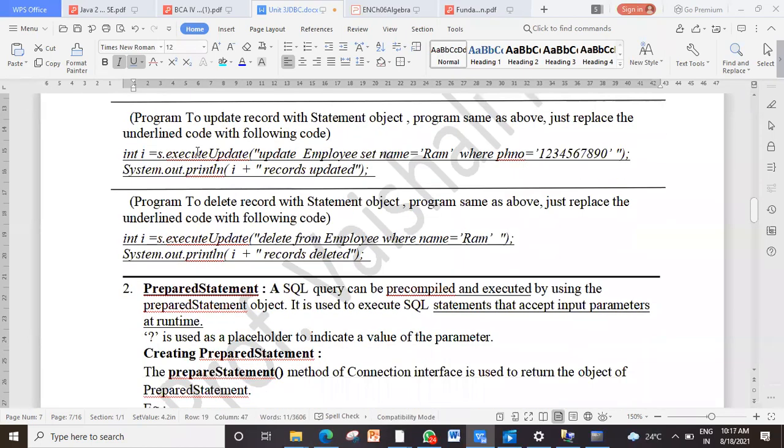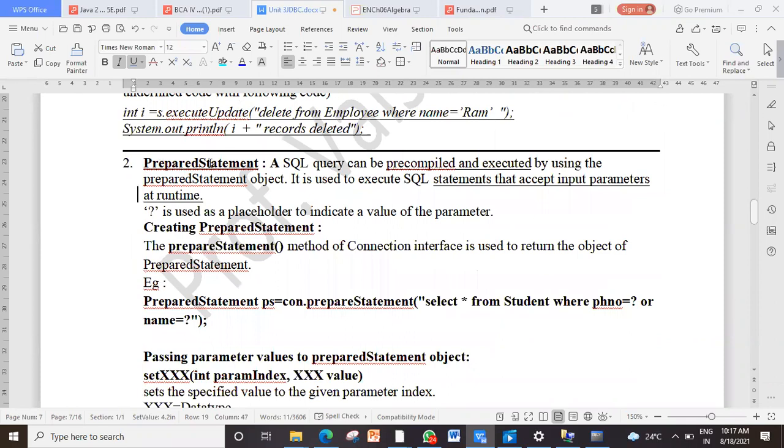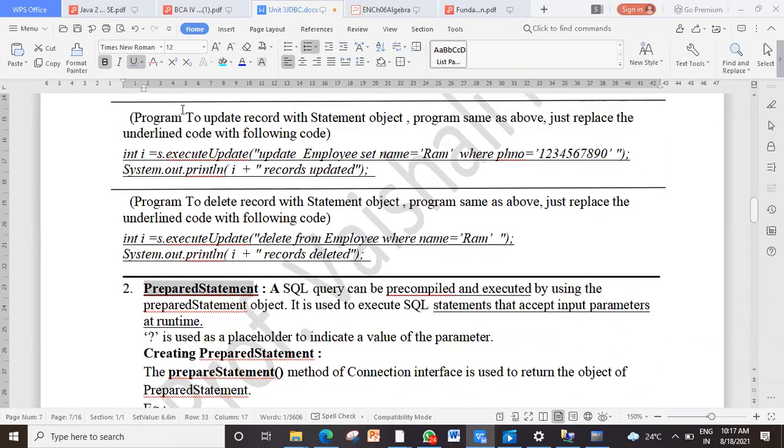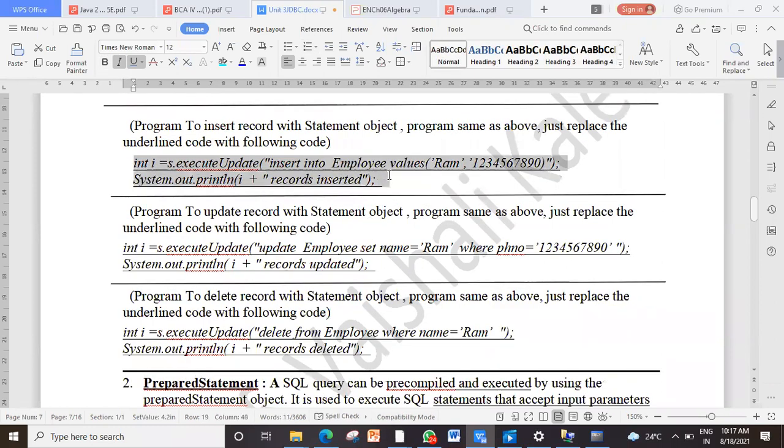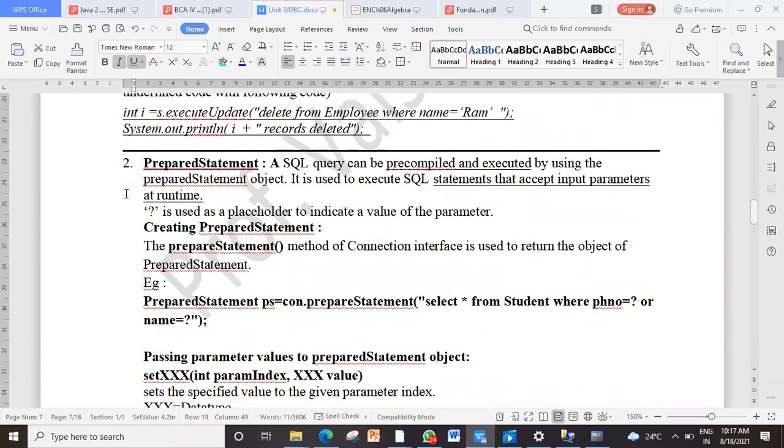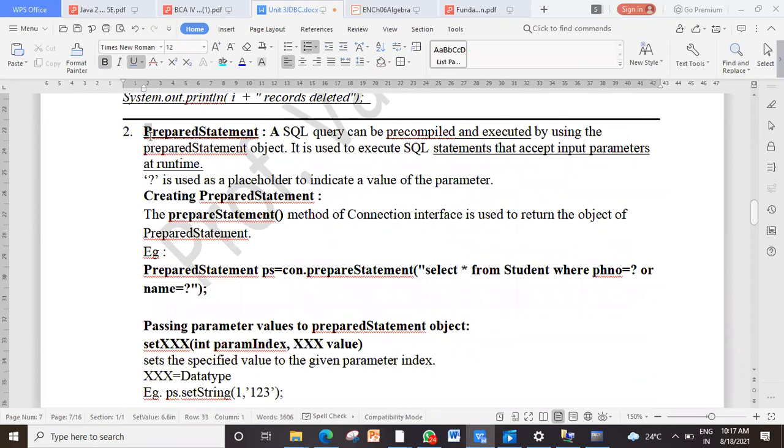My goal in this particular class is not to cover execute update and execute. My goal is to cover prepared statement. So right now I will skip this, because to explain this one line I would have to execute the entire program and show you. Fine. So let's go to prepared statement.